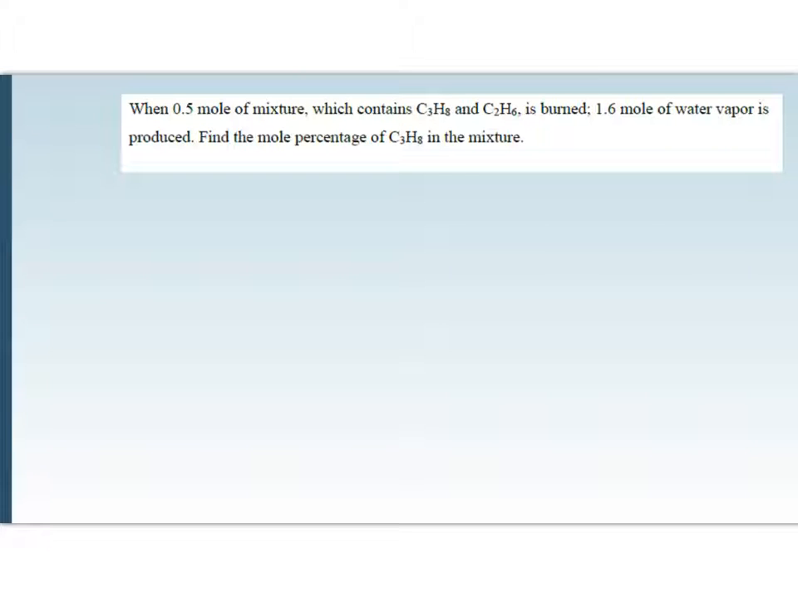Next one is a combustion reaction, a mixture problem in fact. You have 0.5 mole of mixture containing propane and ethane gases. When you burn them, 1.6 mole of water vapor is produced. So the question is the mole percentage of propane in the initial mixture. So if you have 2 substances to be burned, you should be able to write 2 combustion reactions and balance them correctly. So first propane